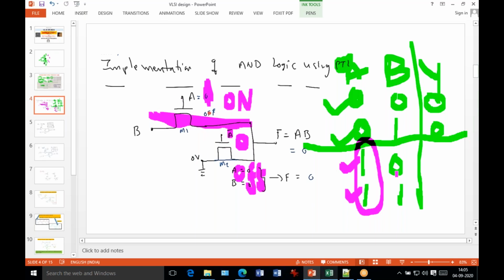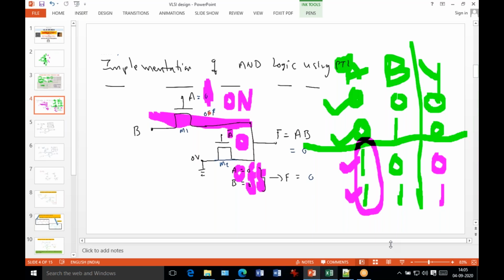So now what is my B? It depends on B. This time it depends on B. So what is my output here? If suppose that my B input is 0, your output is 0. If my B input is 1, your output is 1. Clear? I think it is clear.